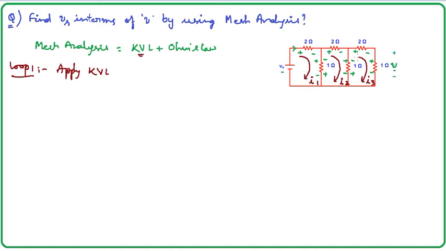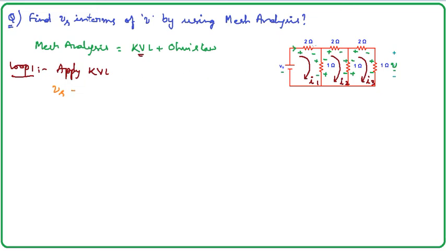Now what I need to do? I want to write the formula here. This is the application of KVL. If you can see, I am starting from the positive terminal of the voltage source Vs. As I am starting from the positive terminal, I can directly take this Vs as positive. So Vs, and this is my drop. At the 2 ohm resistor I am touching the positive terminal of the element, so I need to take this as negative. So minus, what is the resistance?